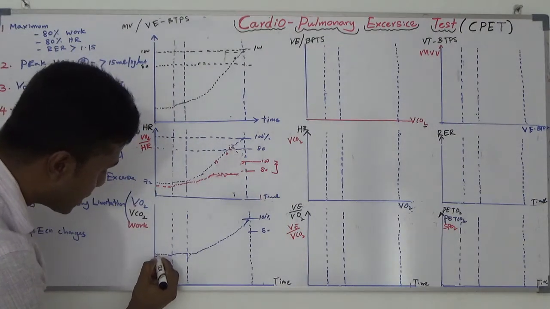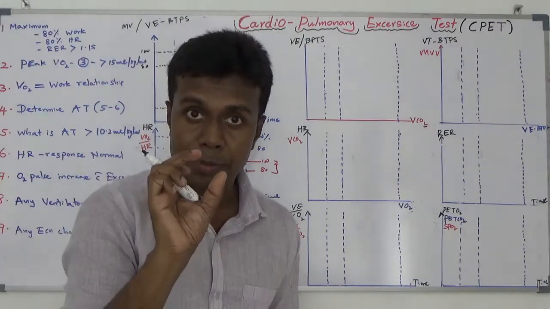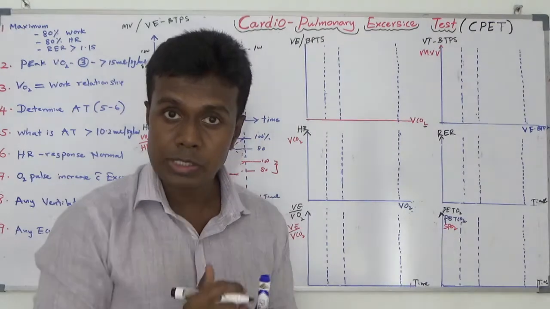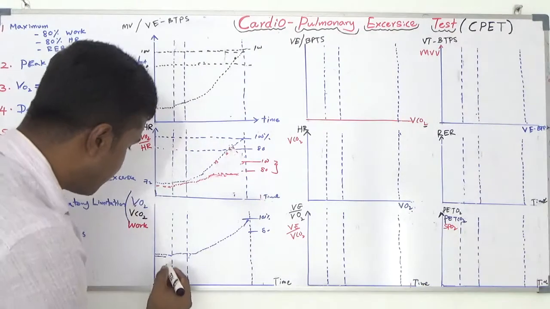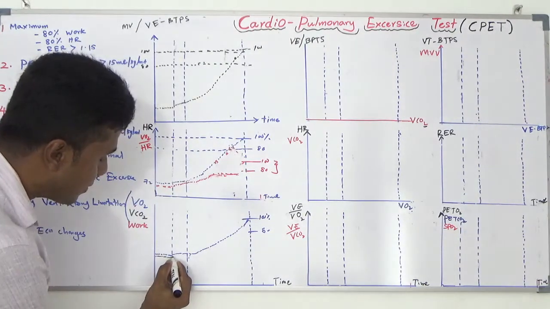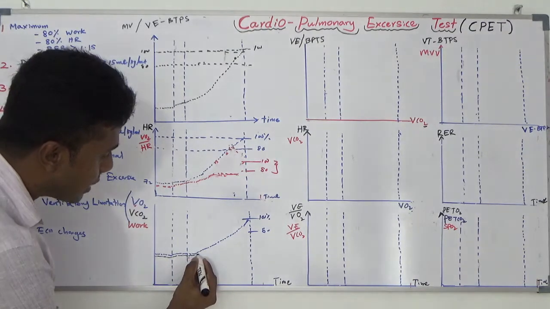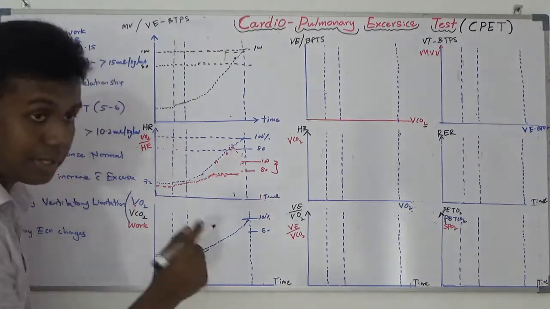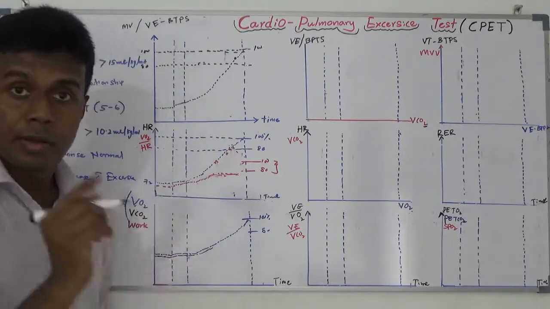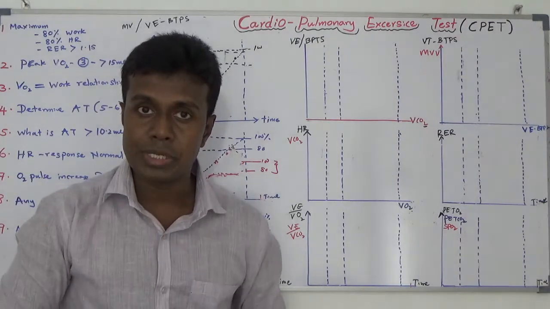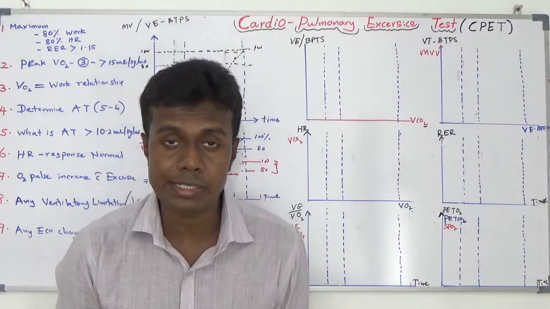Initially carbon dioxide production is low. Oxygen utilization is roughly about 250 ml per minute. Carbon dioxide production is roughly about 200 ml per minute. So because of that it is a little bit low here. During the unloaded exercise also the same. But when coming to this level, your anaerobic metabolism is going to start. Because of the exercise, your anaerobic metabolism is going to start.